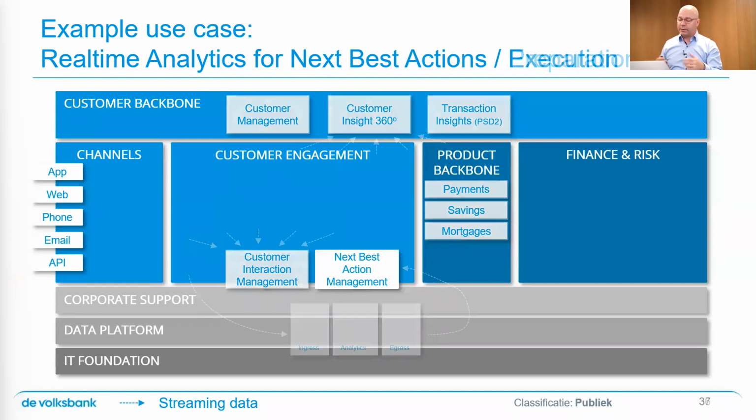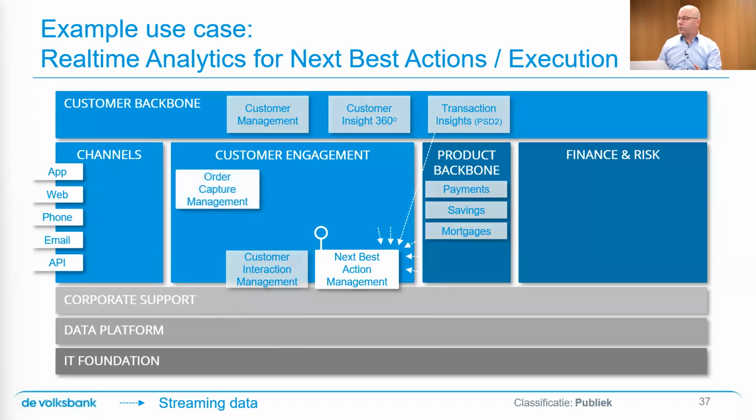And once that's in place, we can do the customer journey. So let's dim out everything that is no longer relevant for the actual customer journey. Customer comes in, and wants to deal with us in, I don't know, maybe they want to change their address or whatever. And then the next best action management has an interface available for our order management or order capture system. So the order capture system will occasionally or periodically query the next best action system at convenient times. What would be the next best step to offer to the customer?